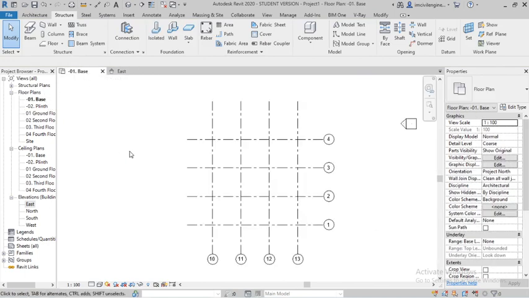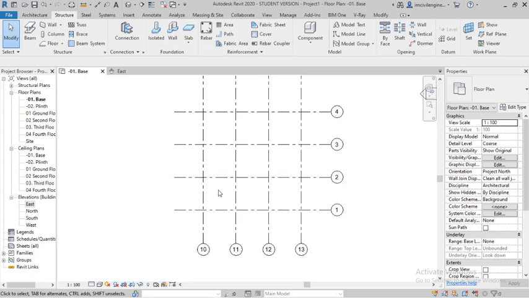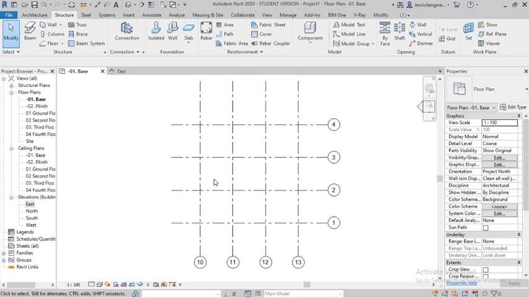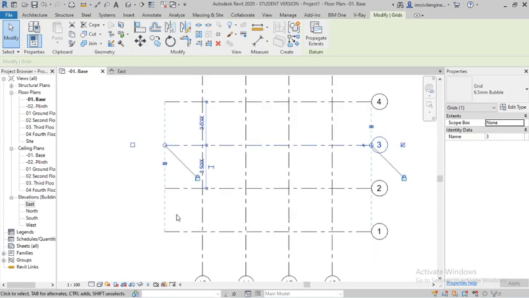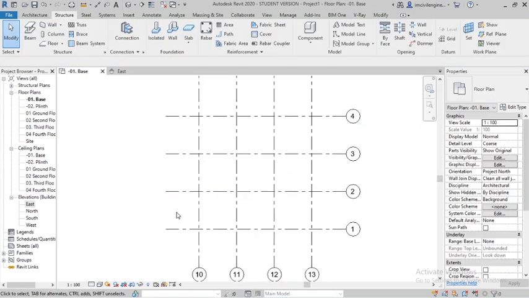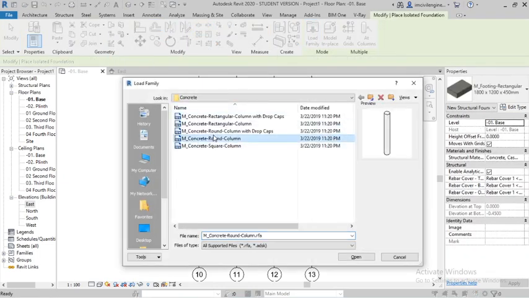Then go to base. You can draw the grids. I've already drawn the grids because it will take too much time. So you can see around 3.5 meter distance uniform grid. So I have designed uniform grids, and then from base I'll place a foundation or footing. Okay, here is the option called structural foundation isolated. Just click and go to load families and